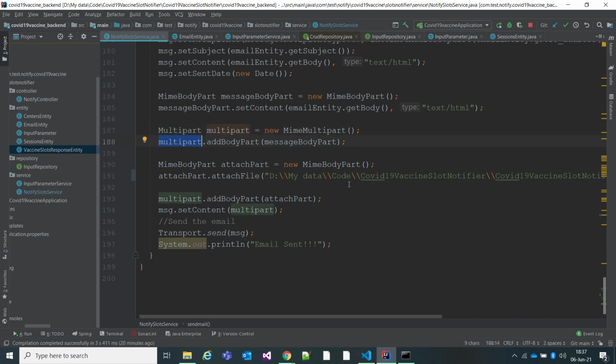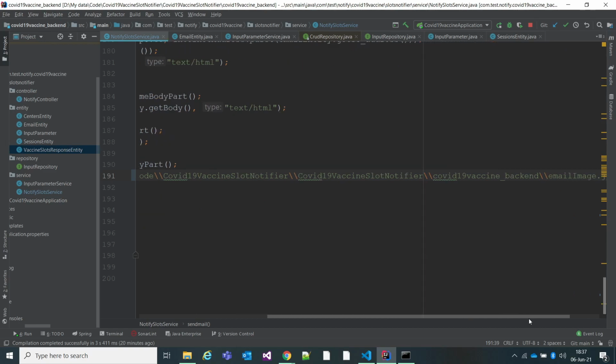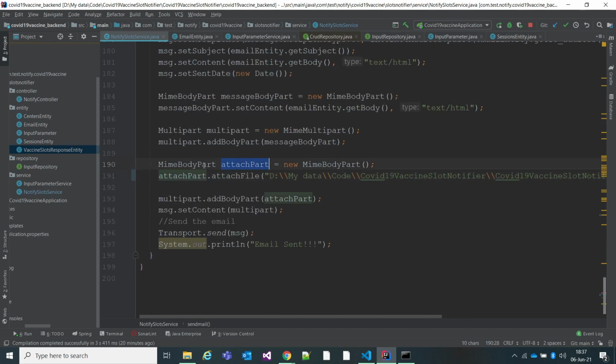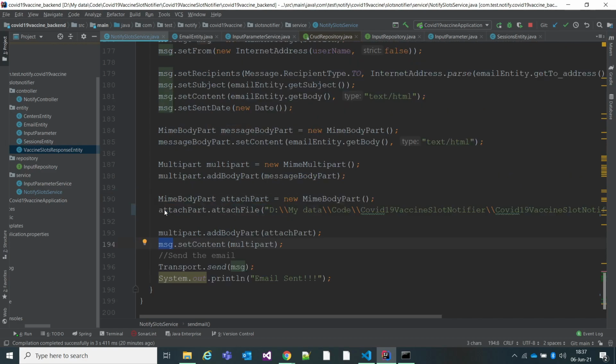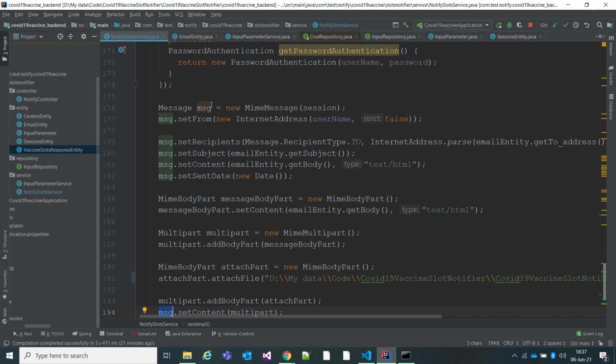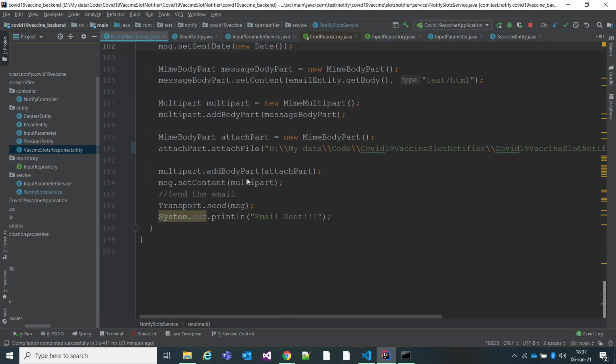So once the multi-part is available, if you want to attach any attachment, here I have just taken the example of an image available in my email, image.jpg, which I have added. So you can attach that in the multi-part also, and the multi-part also should be set into the message, which is the message you have created initially, where you have set the from, recipient, subject, content, date, and all.